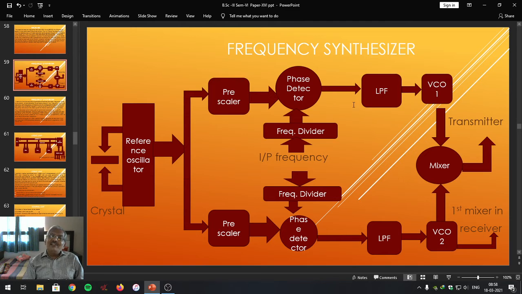This error signal acts as a DC voltage for the voltage controlled oscillator. Out of these two frequencies, the input frequency is almost fixed, whereas the feedback frequency may change. According to this change, the phase of both is detected, and accordingly the error signal is generated. This generated error signal operates the VCO and generates the frequency. This frequency is given to the transmitter. The same function is performed on this side also.